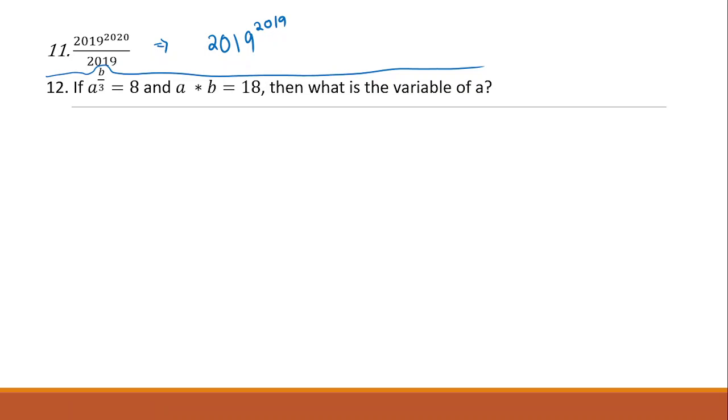Question number 12 is: if a to the power b divided by 3 equals 8 and a multiplied by b equals 18, then what is the value of a? So we have to find the value of a. Let's say you have a multiplied by b. If I write a multiplied by b equals 3 multiplied by 6, I'm just making this expression as